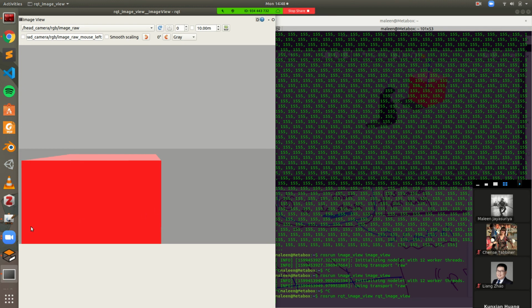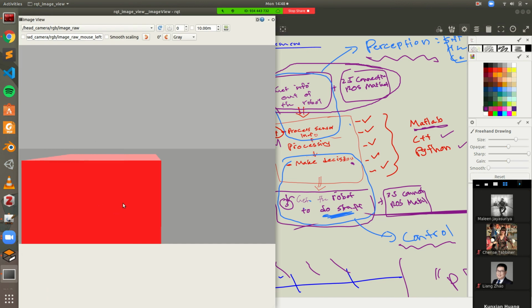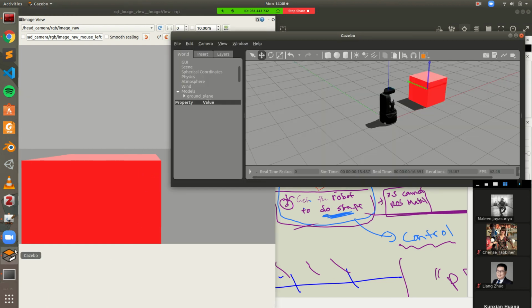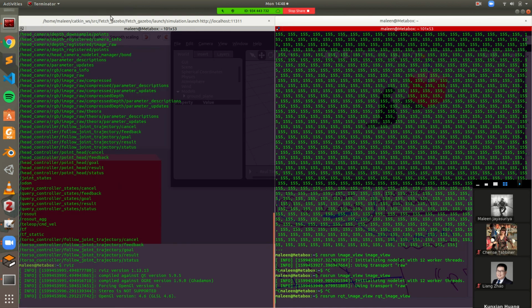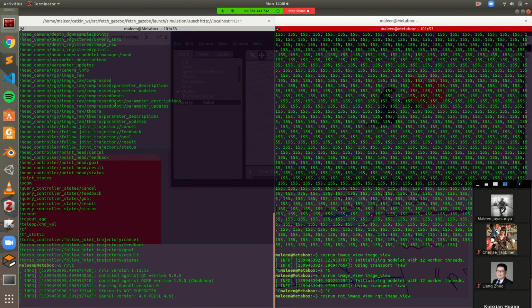So that's what I mean by from ROS's perspective, it doesn't matter whether it's real hardware or simulation, right? The topic that it's publishing will just give you a camera image, right? So this is a camera image of a simulated object that it's seeing. So for example, this ROS topic list here would be pretty much the same if you had a real robot. Okay, so now you know which topic to look at if you want to get the camera